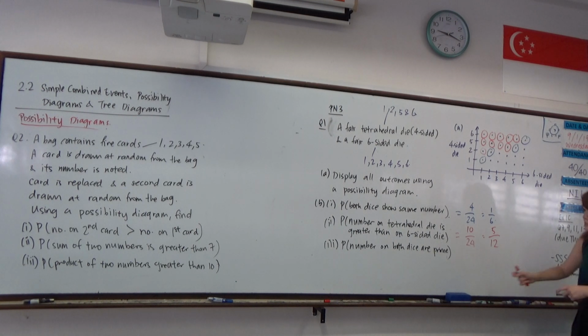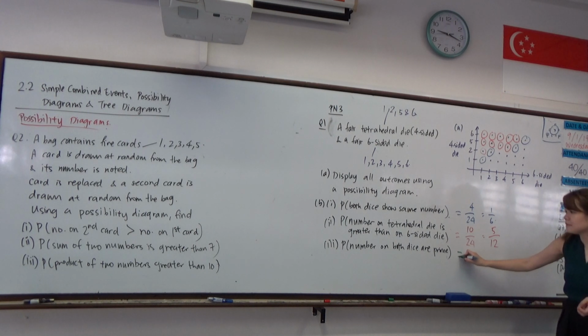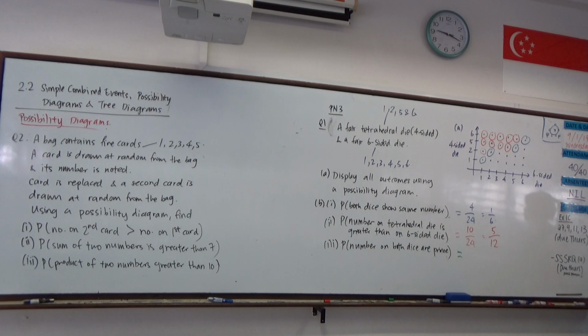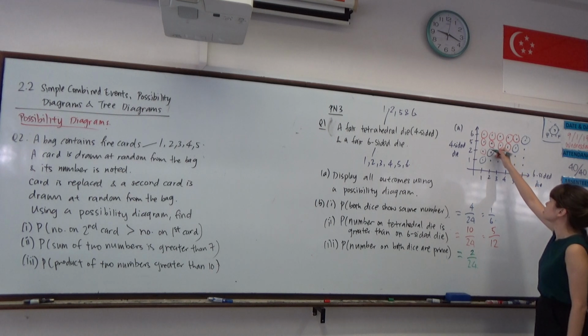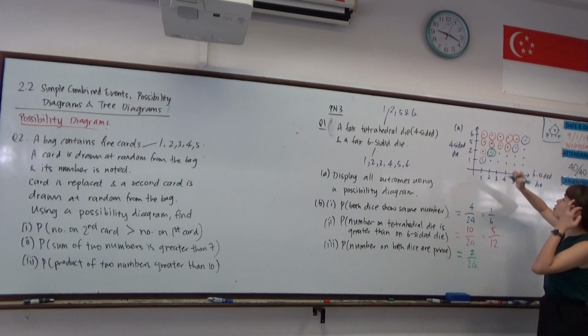Then last one, the numbers on both dice are prime. So in this case, what would the answer be, Charlotte? 2. 2 over 24. So both dice are prime, so that means it's either this 2, 2, and then